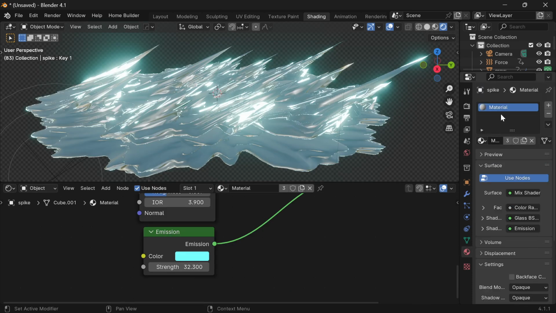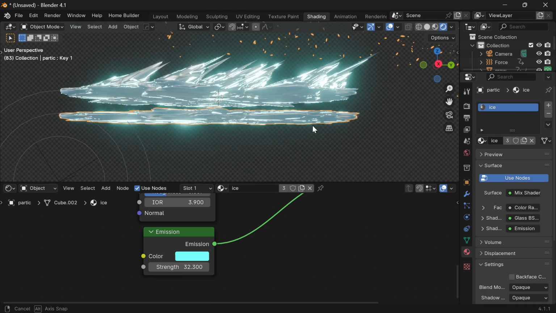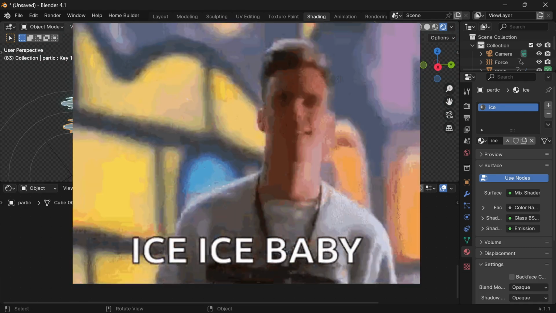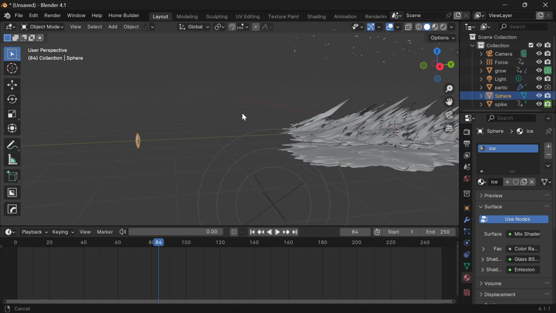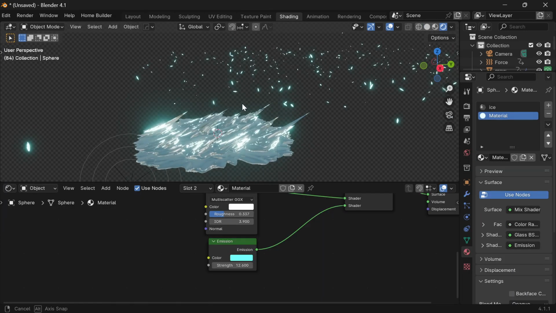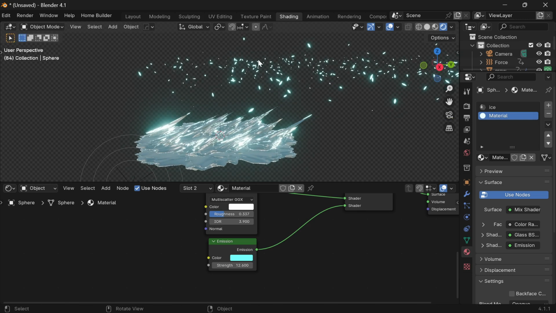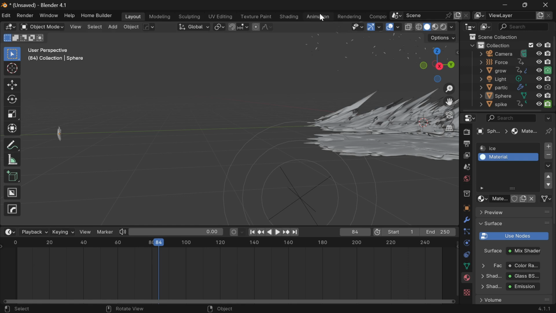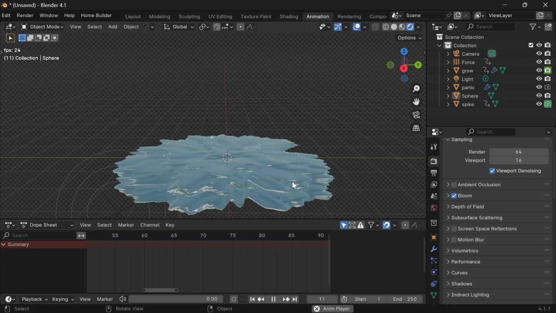Okay, so this material is called material, apparently. So let's call it ice by double clicking and naming it ice. This little ice shard will also change to ice. You see all the little ice shards now take on the same color as this one over here. Move it out of the way. And there we go. So if we go to animation and we watch our animation,